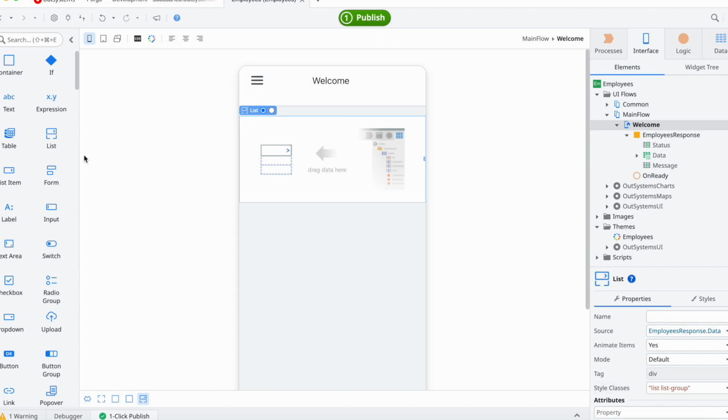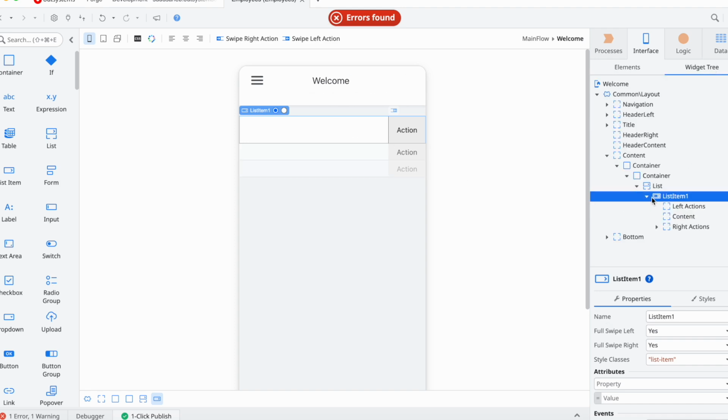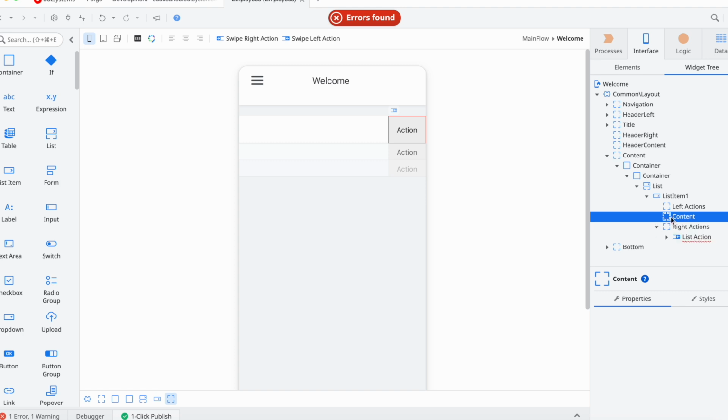And then we need to populate the data, right? We need a list item. So create a list item. For this list item, what is the information you would like to display? That you can configure. This is a list item widget. Go to the widget tree, and here is the content. In this content, you can drag and drop a container,